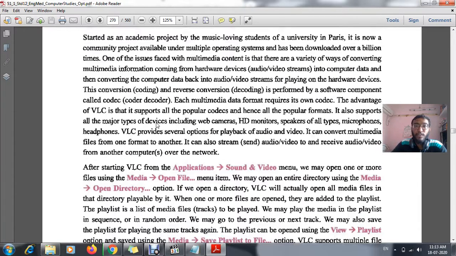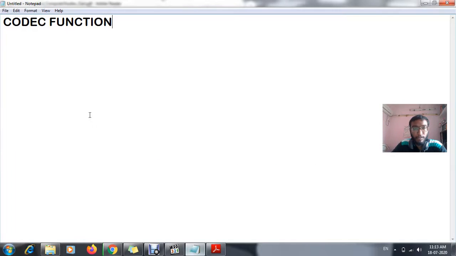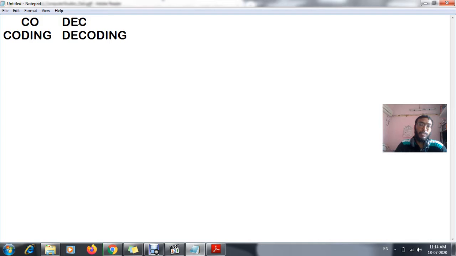And the full form of codec is: CO stands for coding, and DE stands for decoding.